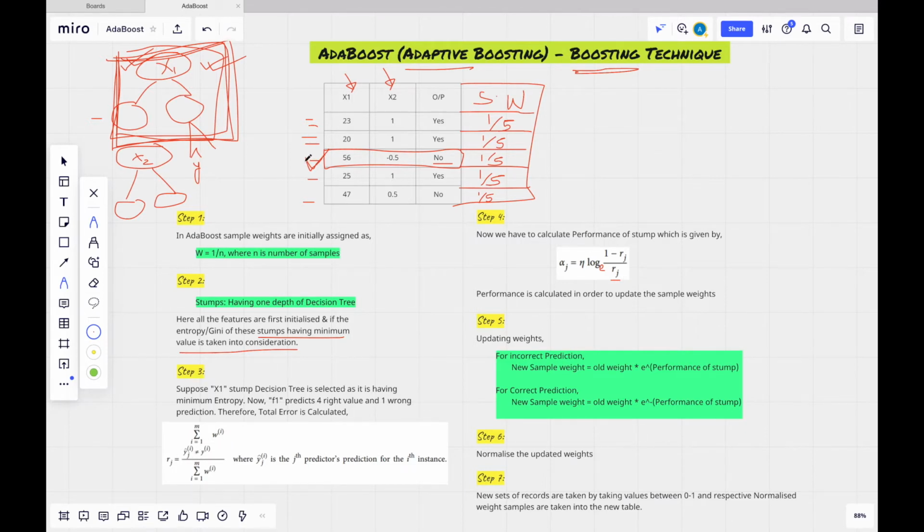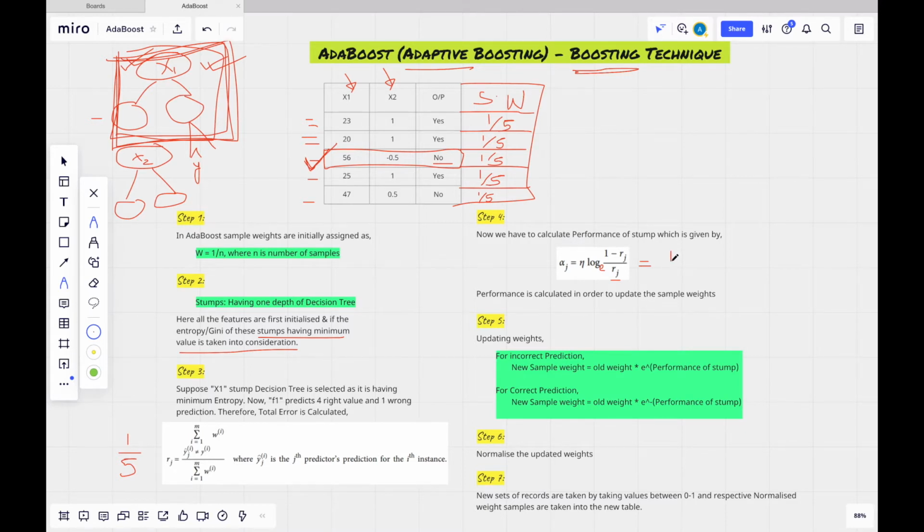We got one incorrect prediction, so 1 by the total number of records, which is 5. Eta you can take any value; mostly it is taken as 1 or 0.5. So here we will substitute all the values of alpha j. Okay, so let us see.